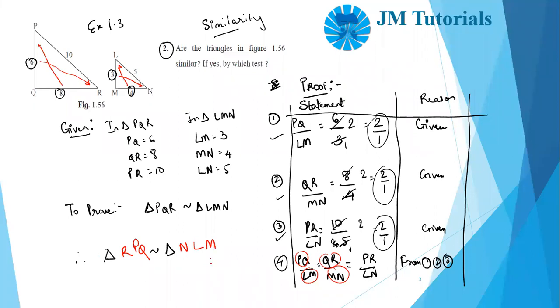So this is the correct way of writing the, sorry, not A test, S test. So this is the correct way of doing your entire question. This ideally would come for 2 marks, not more than that. Okay, it would come for 2 marks. Anyone has any doubt in this? This is exactly what we did yesterday. Anyone has any doubts? Please go ahead and ask me. Sabha, you have a doubt in PQ upon LM?